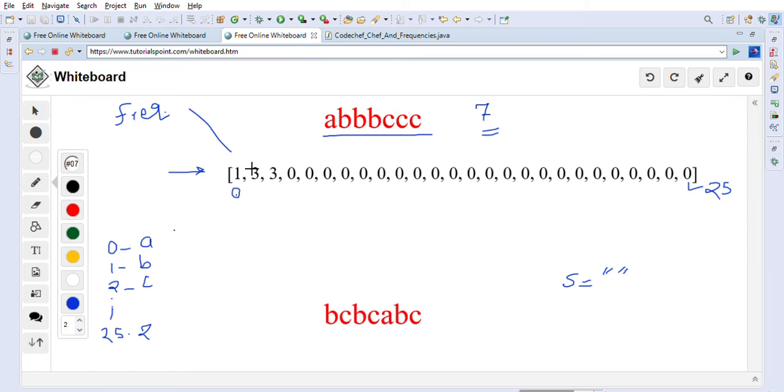How will we find it? We will go through this frequency array and keep track of the maximum that we found. So we keep track of the index of the maximum, which is index 1.